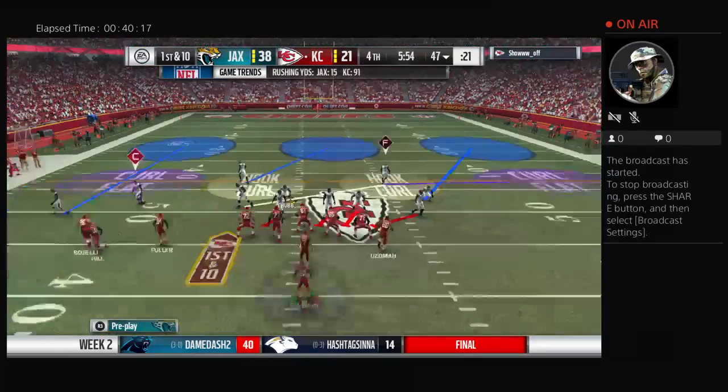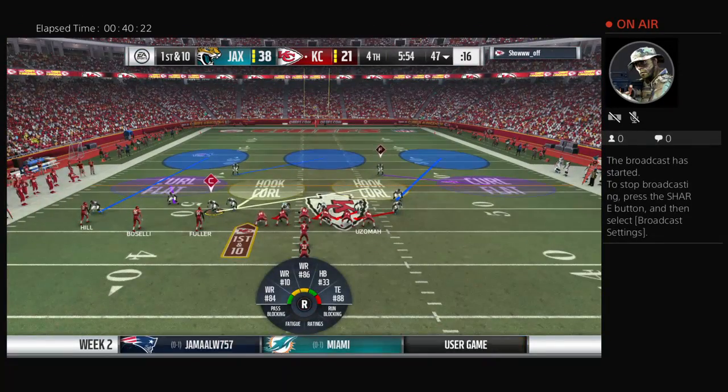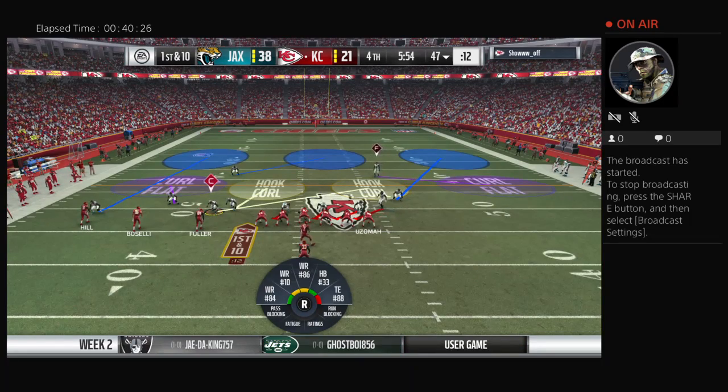Championships, baby. Leopard! All right, here we go. Leopard! Green 39! Green 39! 57 to Mike. Here we go. Green